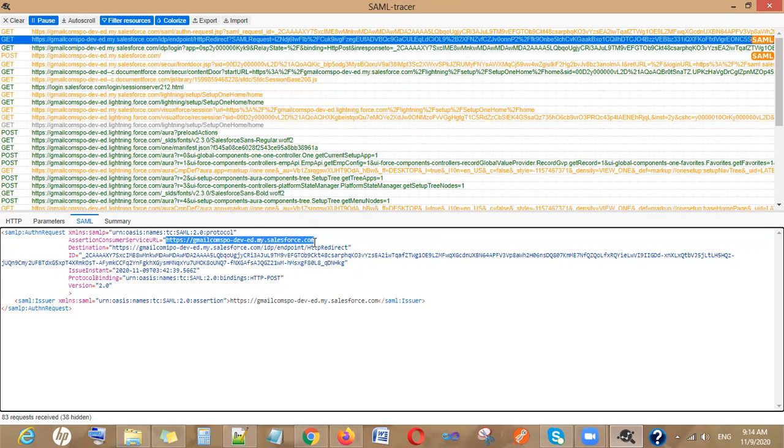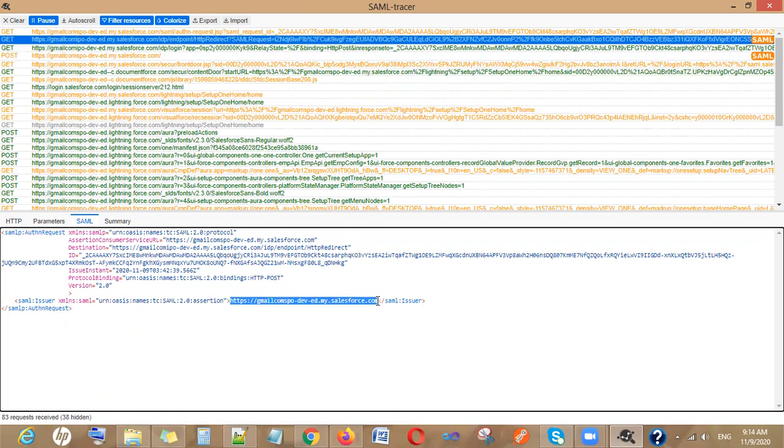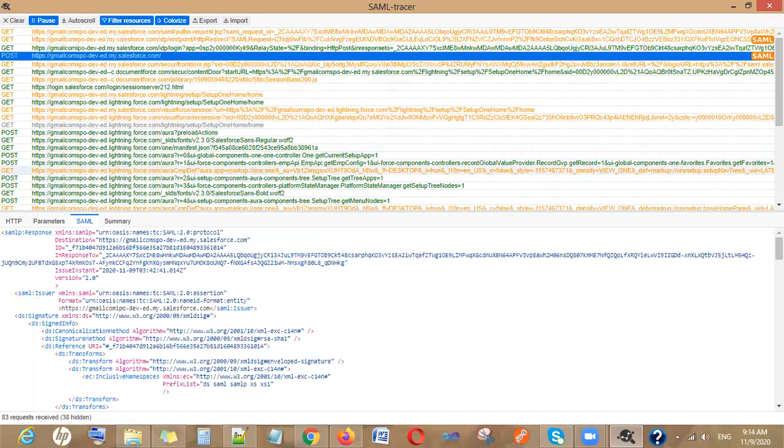so this is my domain of the service provider org, and in the destination, my URL of the identity provider. Okay, and the issuer, if I check the issuer, then I have the service provider URL. Okay. Now on clicking on the second one, the second SAML, I get the whole thing, because